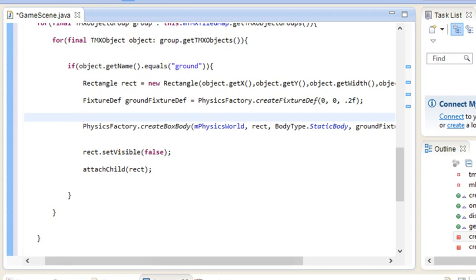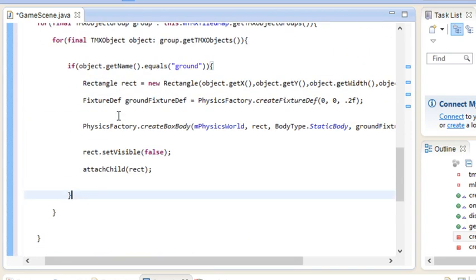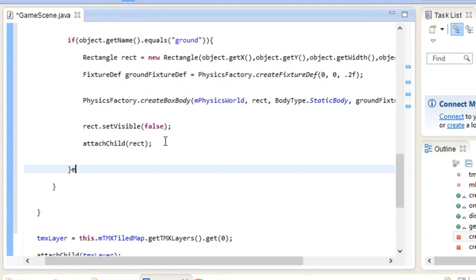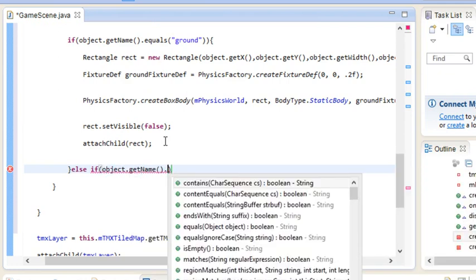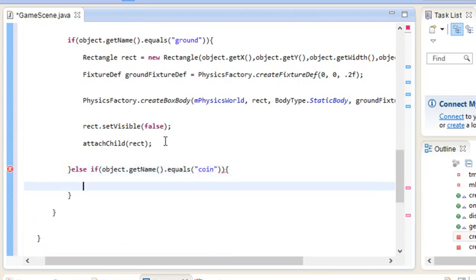Let's see how much time we have. 9 minutes. Okay, so I can show you guys a few more things. So the next thing we want to do is go ahead and attach our coin objects. So you want to do if or else if, and the else if is going to be object.getName, and if the name equals coin, then we want to create our coin. So inside of here we want to simply do new,